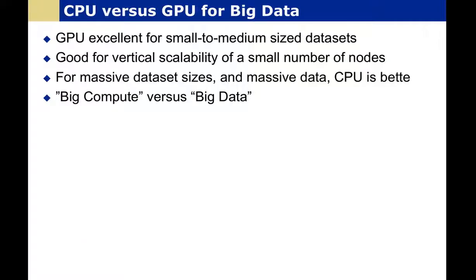Now, it's not that GPUs are bad. We love GPUs, and we consider them a great step forward in processing deep learning libraries in some contexts. I'm just arguing that in big data scenarios where we're looking at massive parallelization, we also need to look at the ability to parallelize our I/O and not just our compute. And modern Xeon processors give us this sweet spot between fast vectorized compute capability and scalable I/O for big data.